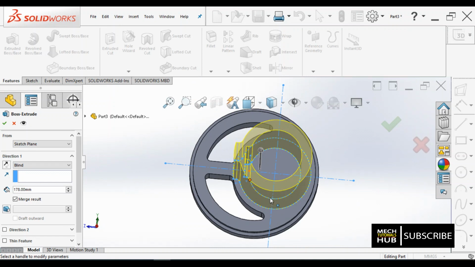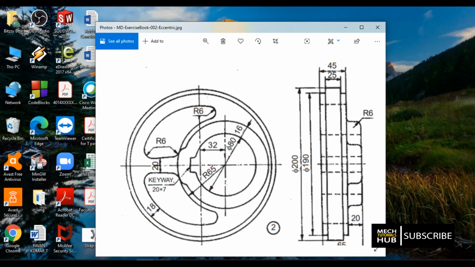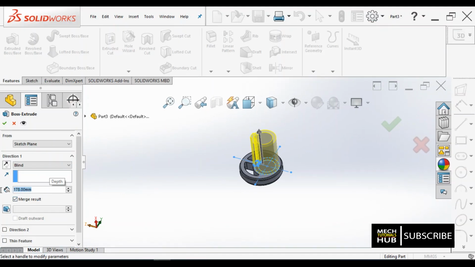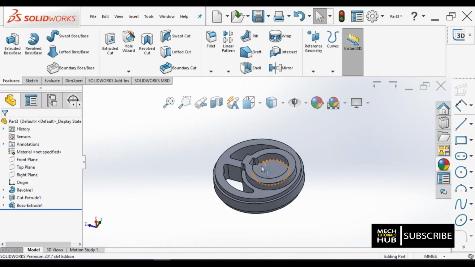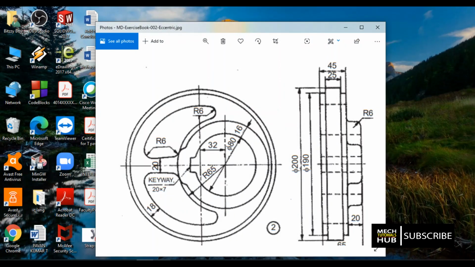That should not happen. For that, what you try to do is take your cursor and click in between these 2 circles. Then that particular region will get selected. If not selected, there is some problem in your sketch itself. Go to your sketch back again and check the profile whether it is closed or open. Now once this is done, have a look at the extension. The extrusion is up to 20 mm. Let me take it as 20. It is fine.